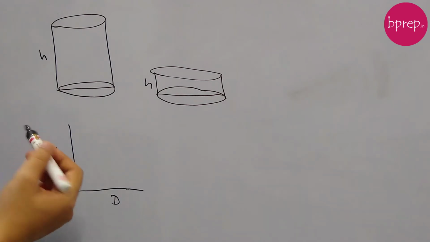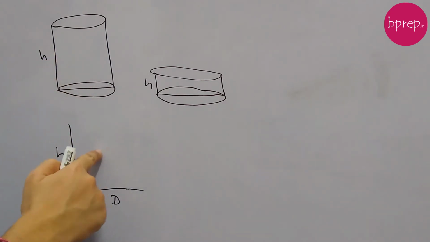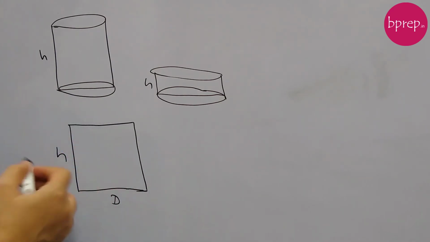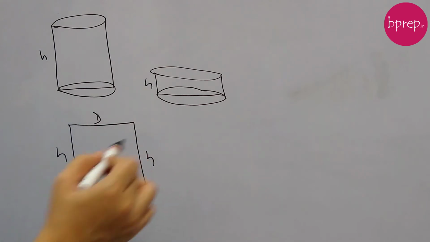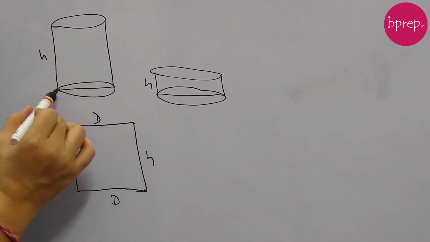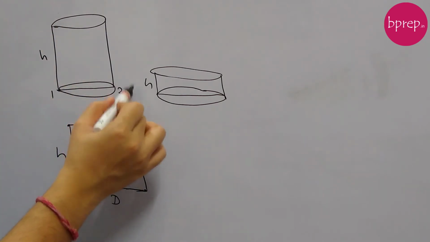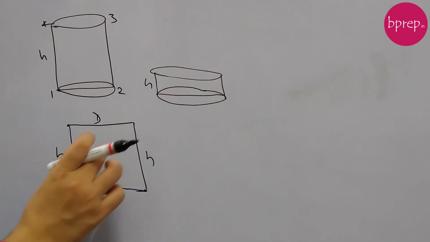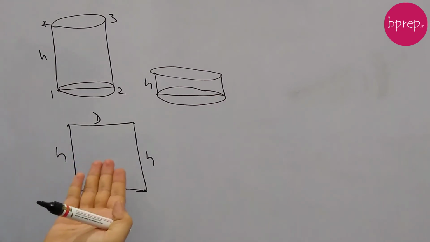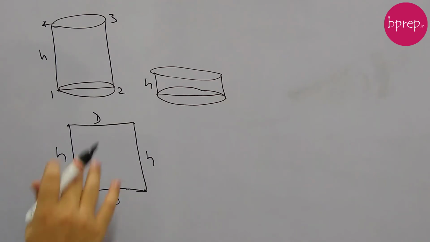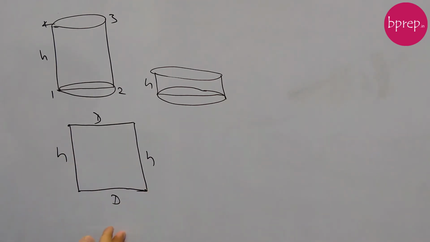So if we try to extract a 2D plane out of this 3D, then we'll see this, right? We'll have these 4 points which are farthest from each other. These 4 would be the points, and if you see in the cylinder, these 4 points would be this, right? 1, 2, 3 and 4, and this will be the case in any cylinder. Now from my diagram it looks like a square, but it can be a rectangle or anything. It will be a rectangle, not a square in all the cases, unless the diameter and height are the same.